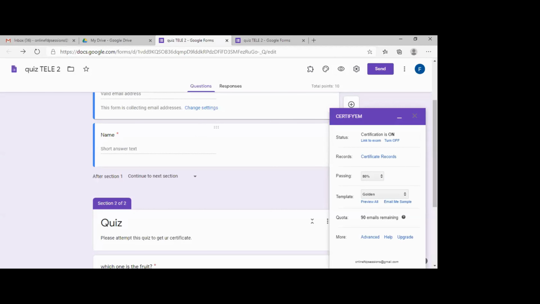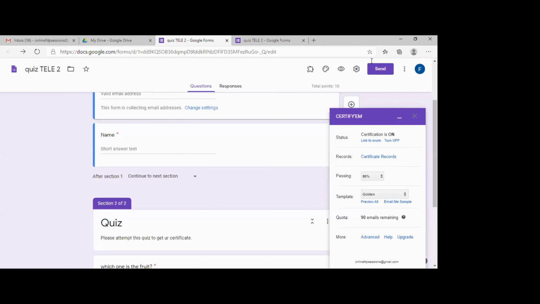I have already generated 10 certificates. That is why it is showing 90. You can generate 100 certificates using Certify M. This is the limit. For the passing criteria, I don't want to make it high. I just want to make it 20%. So it is saving the changes.